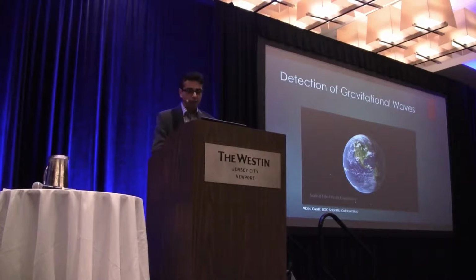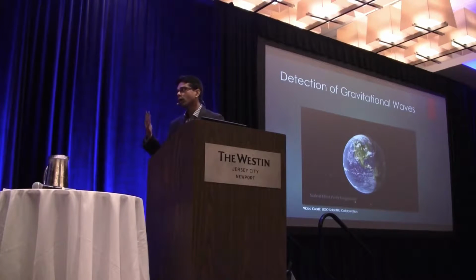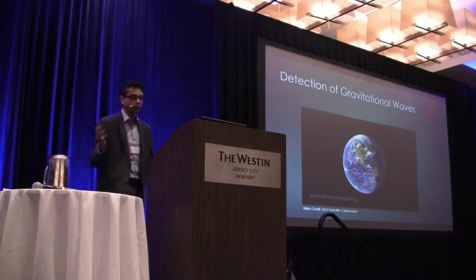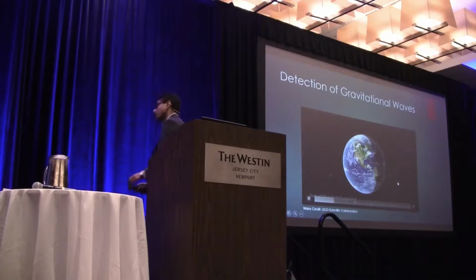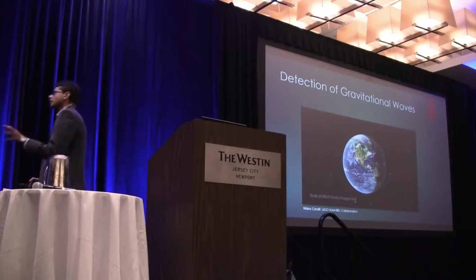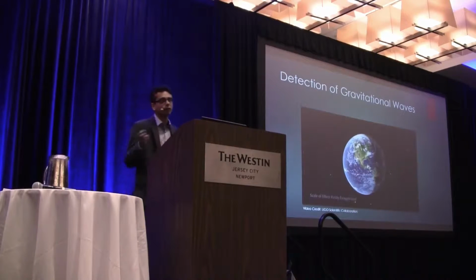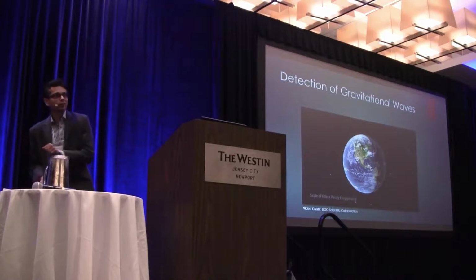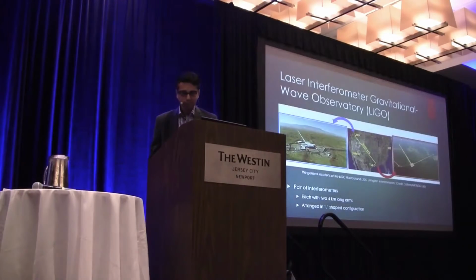So here I have a demonstration of what would happen to the Earth when the gravitational waves are passing through the Earth. Now, just keep in mind that what you're going to see here is extremely exaggerated. The scale is extremely exaggerated, just to see what sort of things are going to happen when gravitational waves pass through the Earth. So here we have gravitational waves passing through the Earth, and you can see that Earth starts vibrating because of the presence of gravitational waves. Now obviously, the scale of the vibration is not something that is ever going to happen, no matter how strong the gravitational waves are. But that's the general idea. So these are the kind of effects at a very minuscule scale that we are looking to detect.